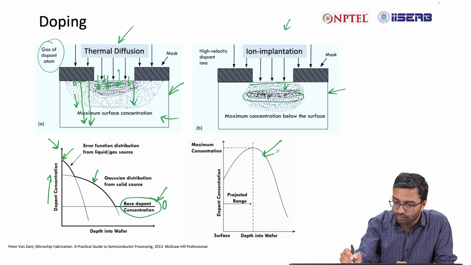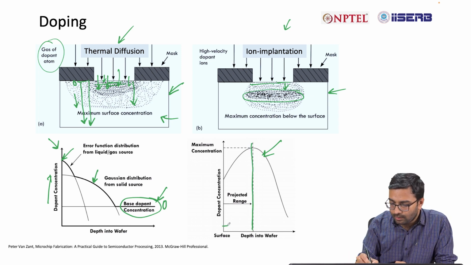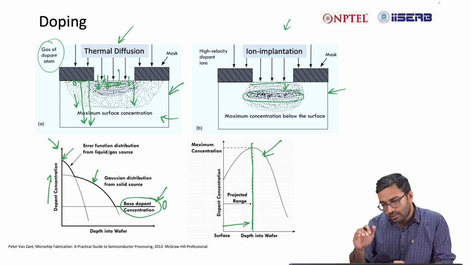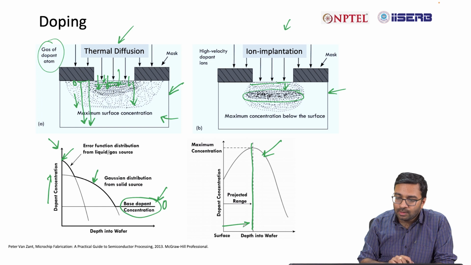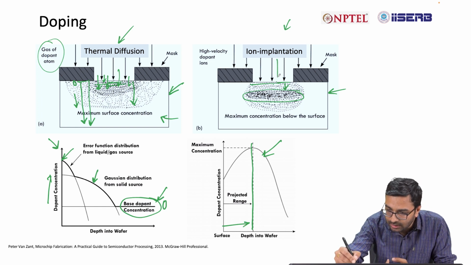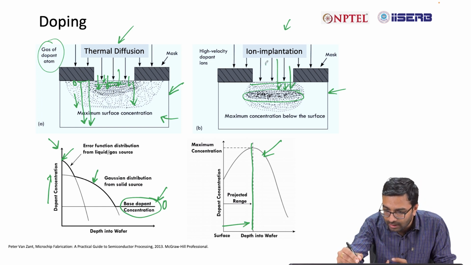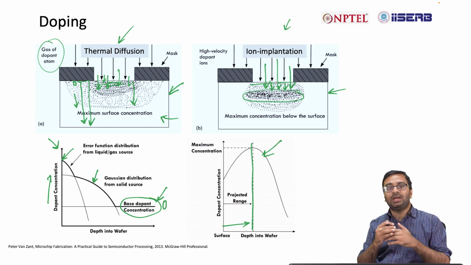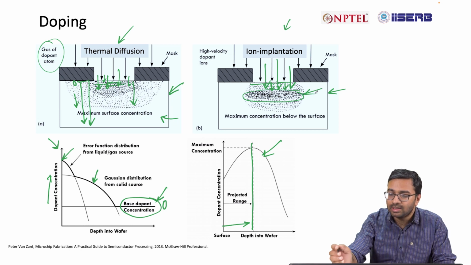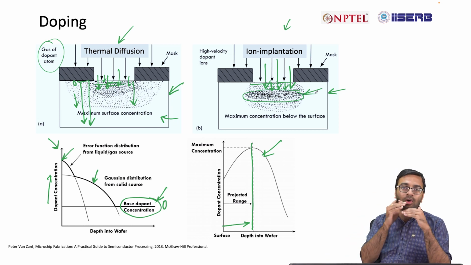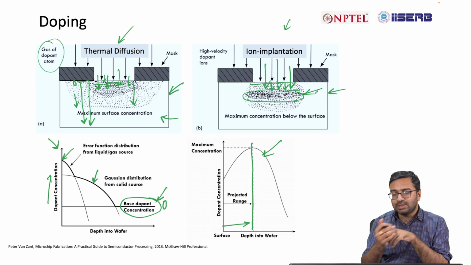So if you look at the profile, you will find that the concentration is high somewhere inside the substrate material. It's not on the surface, because these high velocity ions are coming and hitting the surface, so they will penetrate the surface to some extent and then will get stabilized. So high concentration can be achieved at certain depth, not on the surface. So this is the profile for